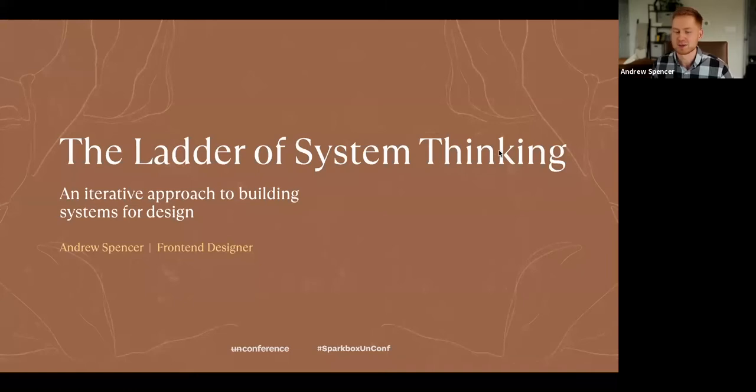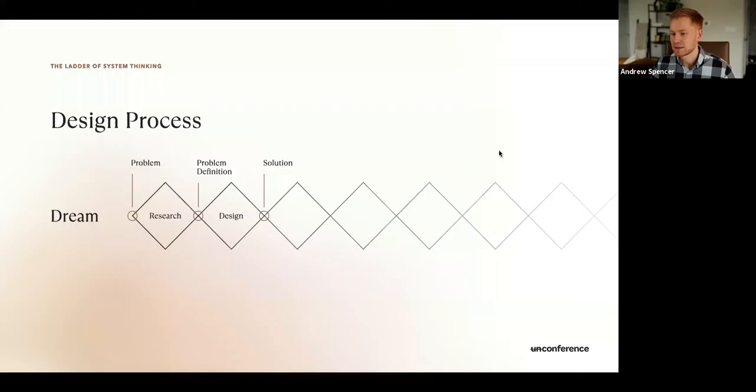My name is Andrew Spencer, and today I'm going to be talking about the ladder of system thinking, an iterative approach to building systems for design. So you're probably familiar with concepts like a design system or processes, like the double diamond method for design, where you're constantly making progress and there's great, clear communication